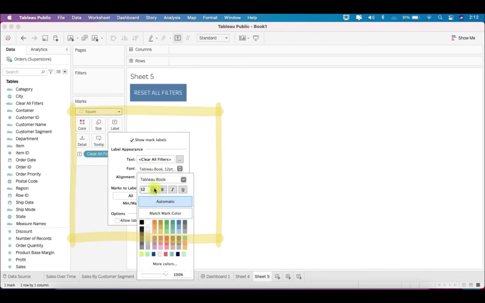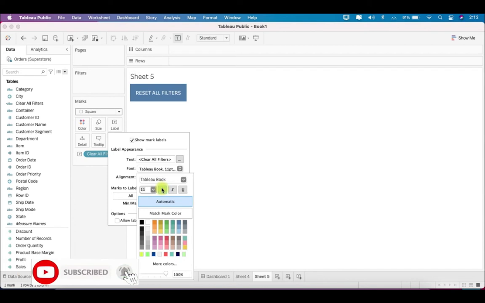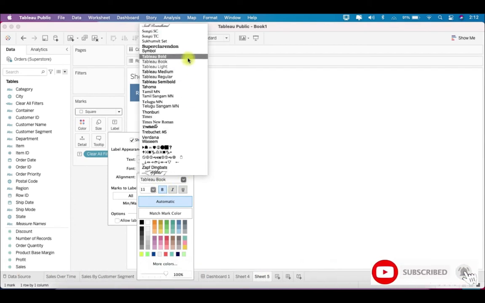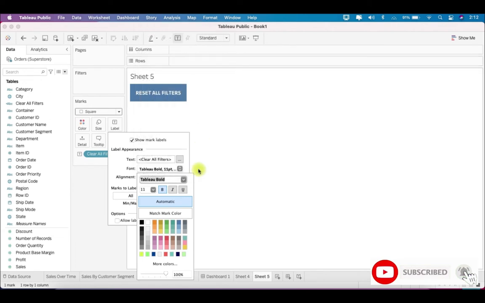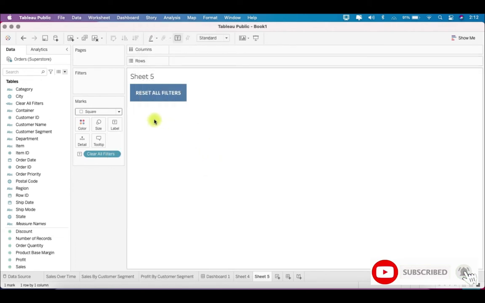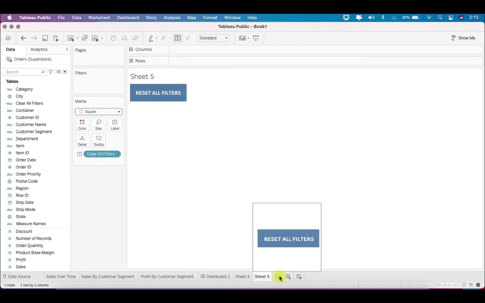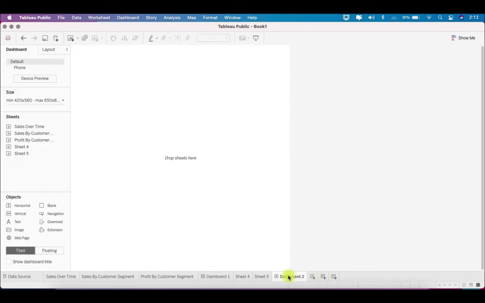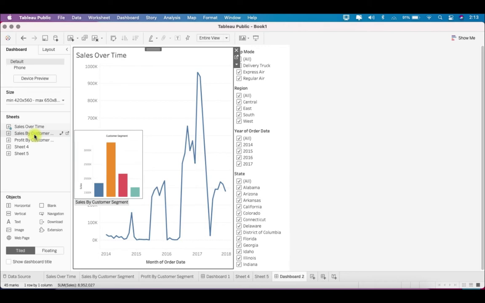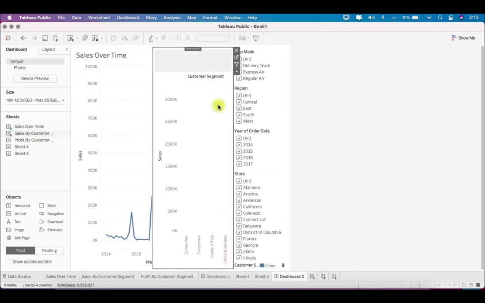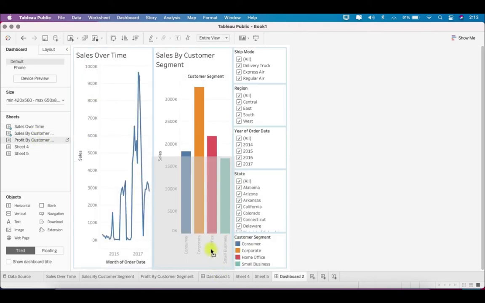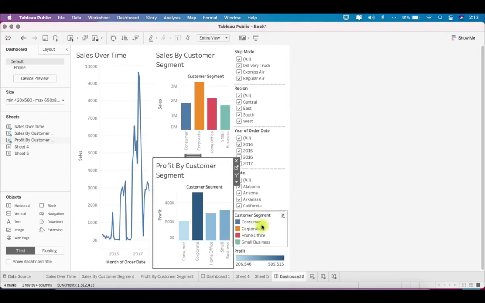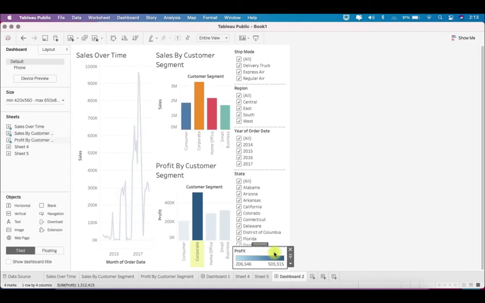Let's say maybe 11, and bold, and whatever font you want to select. Okay, so this is done. And now what you have to do, just create one dashboard. So let's say I create another dashboard over here. Okay, so I have created this dashboard,